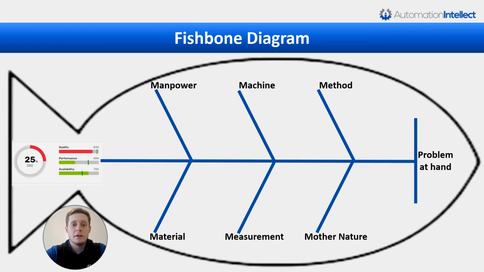A fishbone diagram follows a similar structure to a 5 whys, but rather puts an emphasis on considering all the categories that could be causing the problem at hand. For the same use case of a low OEE on machine 1, for the manpower, machine, and method categories, we could indicate a new operator not feeling comfortable on the equipment, experiencing high amounts of downtime, work instructions not being up to date,